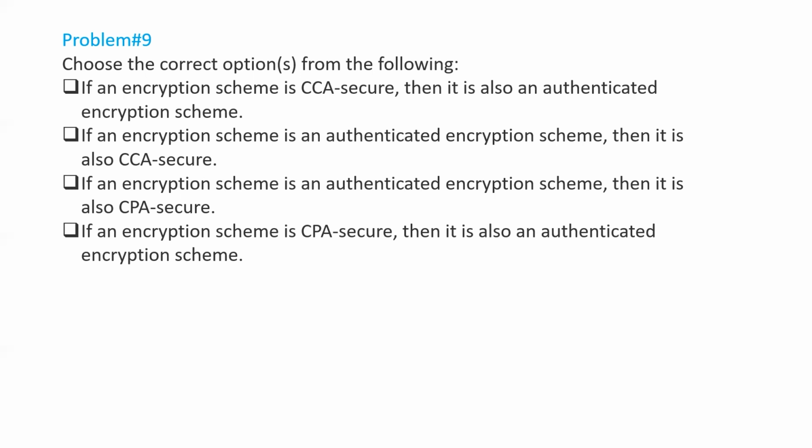What ciphertext integrity says is that if the adversary has seen some valid ciphertexts corresponding to some messages, as it already has access to the encryption oracle, then it has already seen some message ciphertext pair. But even after that, it should not be able to come up with some valid ciphertext which decrypts